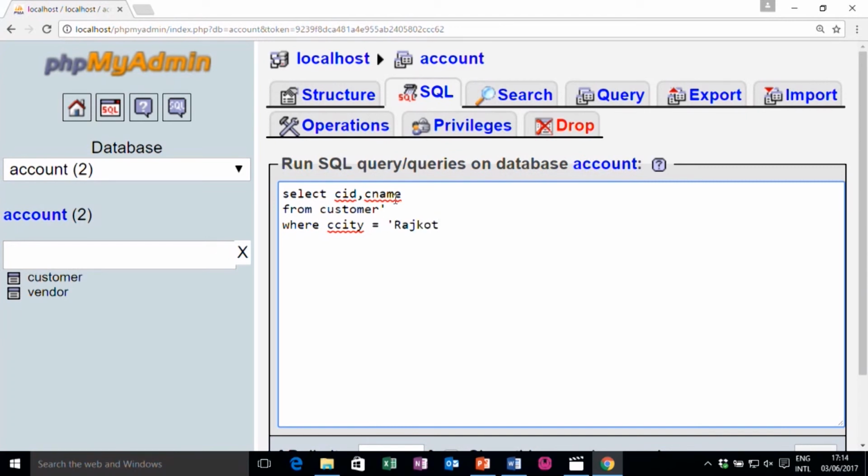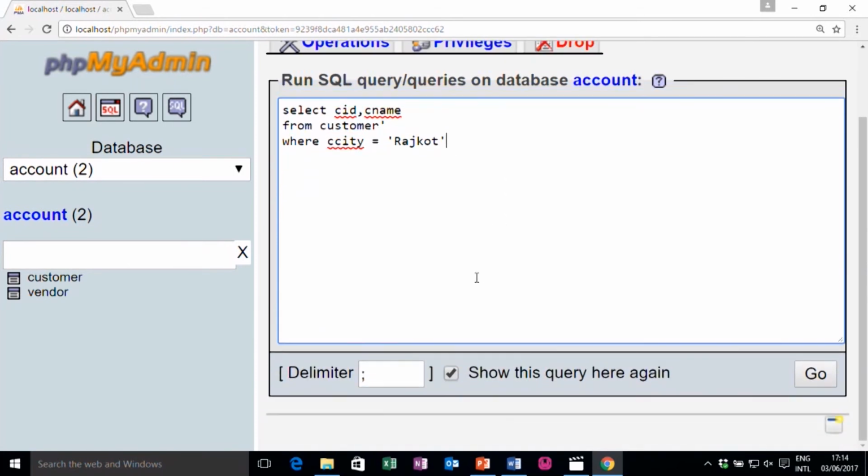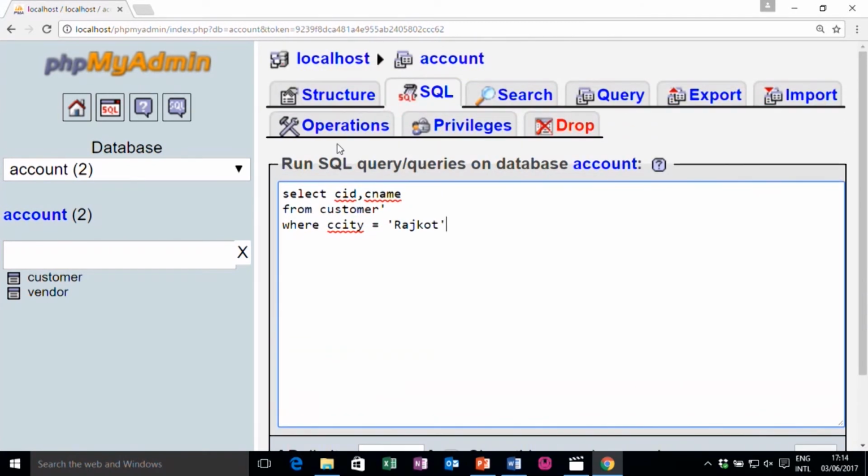Here in SELECT I have not mentioned the C city column, but I can still use it in WHERE because it is available in my base table. If it is not in the base table I cannot write it, but if it is, I can. Generally I follow this structure: SELECT in one line, FROM in another line, WHERE in another line. That makes your code more readable as well.